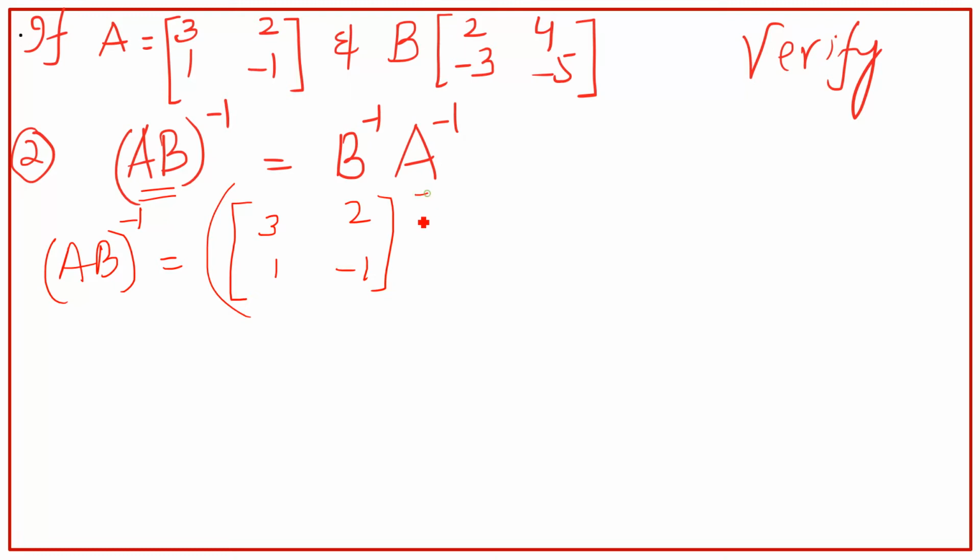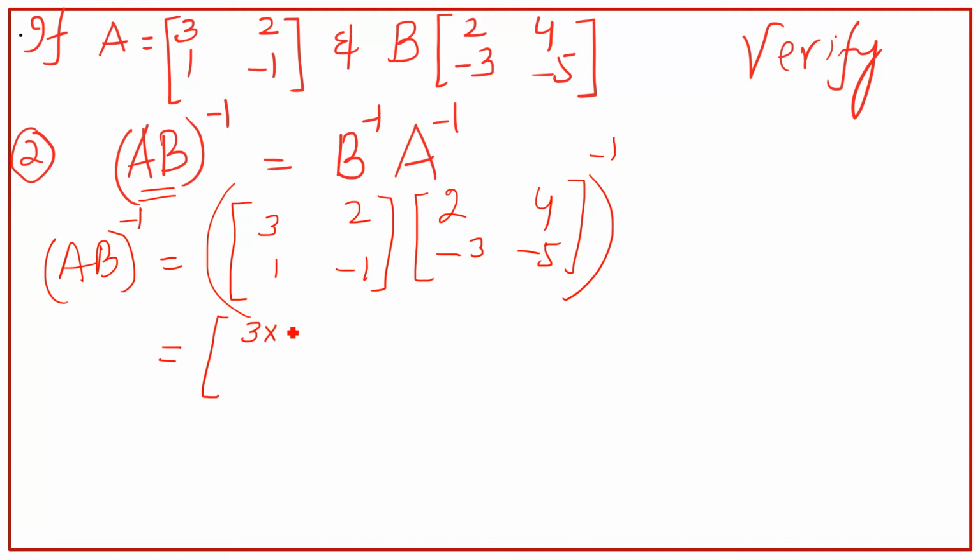And then B is 2, 4, -3 and -5. So first step is you have to multiply these two, right? 3 multiplied by 2. Now I think you should know very well how to multiply first row with the first column, then same row with the second column. 3 multiplied by 4 plus 2 multiplied by -5,